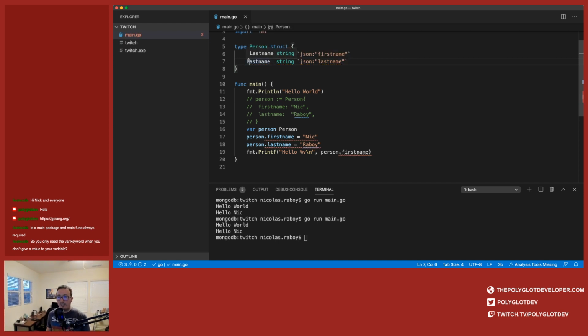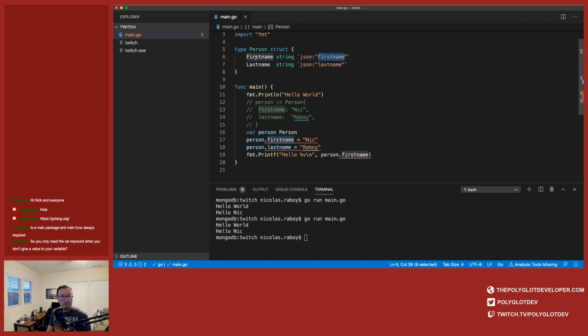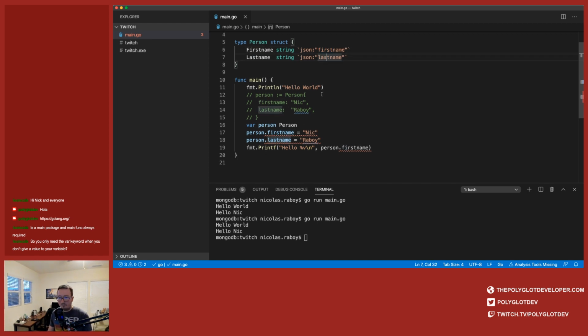That's because that kind of exposes them to other parts of your application. It changes the scope on them. So first name, last name. Now things did change here. I'm saying first name, last name, first name. I'll run it, show you that nothing has really changed with the annotations and the capitalization changes. But you can start to do different things here.